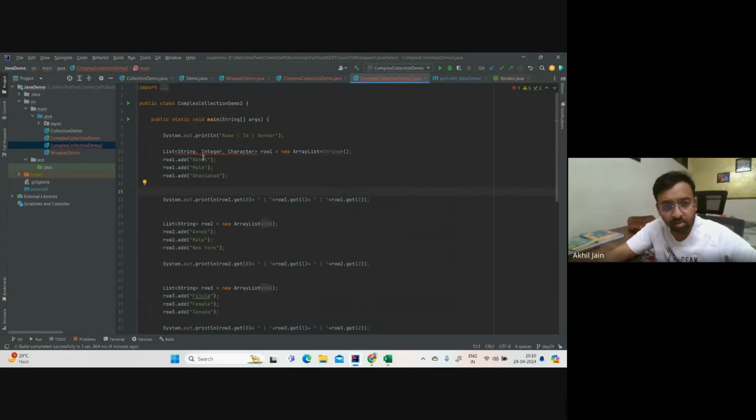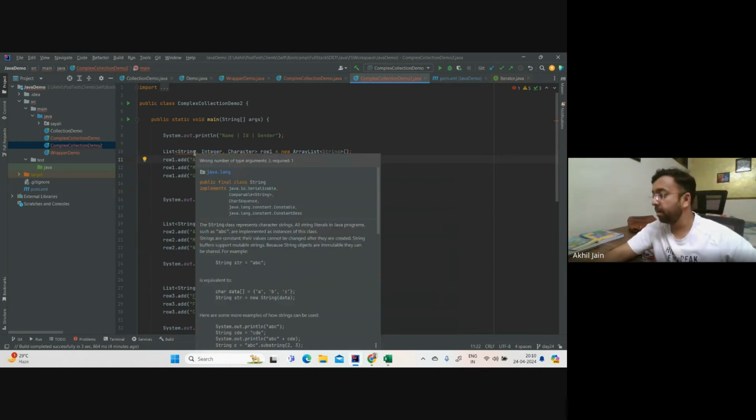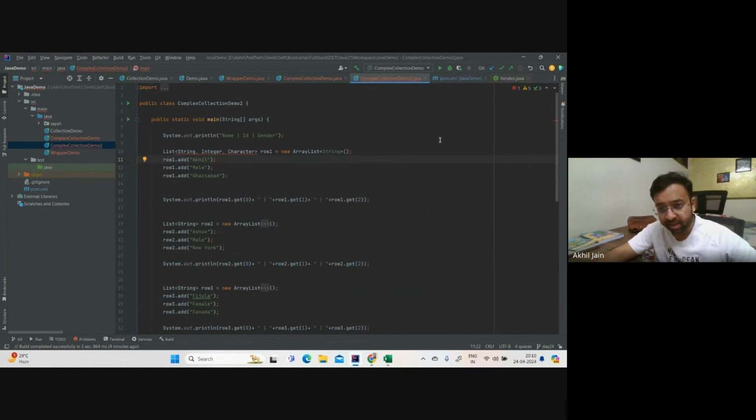Okay, so this is not allowed. So now it's a problem. The implementation which we did was good enough if all your entries or data set, or the cells or the data in the cells, are of the same data type, which is string. Or if everything was int, then you would have used integer. If everything was of character type, you would have used character. But what will happen in this case, where you have three different data types,